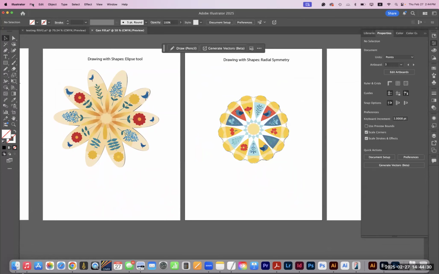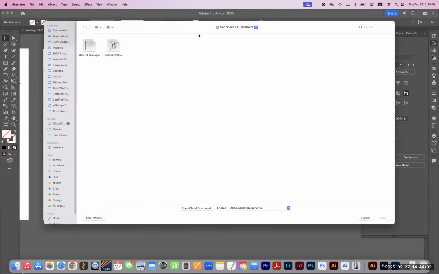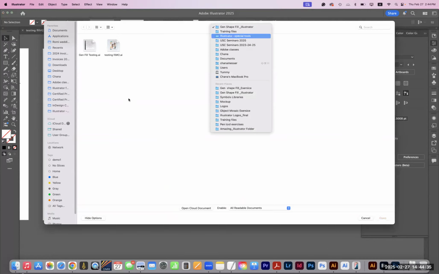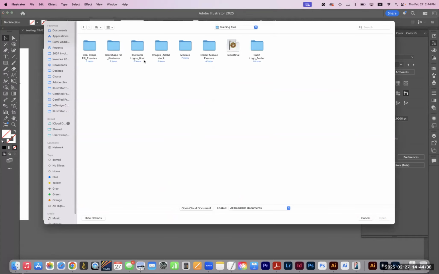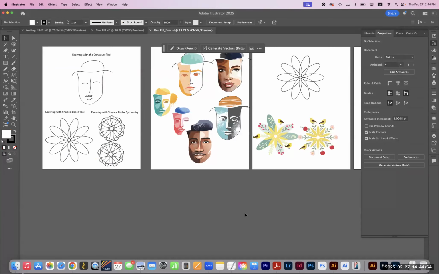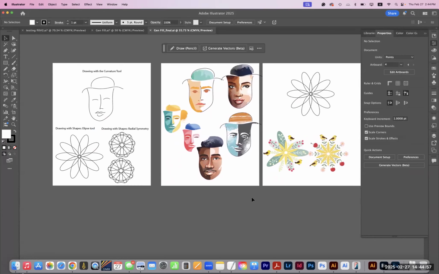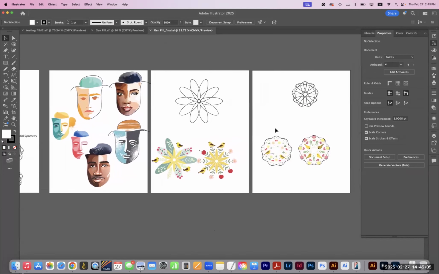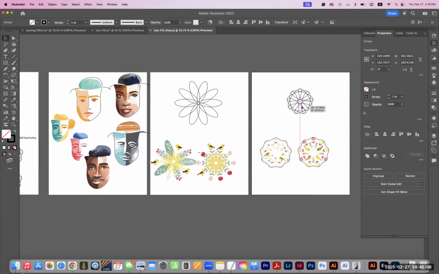So if you want to start playing a little bit, click on File and Open. Go to the files that I have. Go into Generative Repeat, and then go back here to the one that says Final. And then if you click on the Final, you can see all of it just showing you how it worked. So the first one is just the drawings that I have for you. You can copy, and then you have the faces, and then you have over here basically